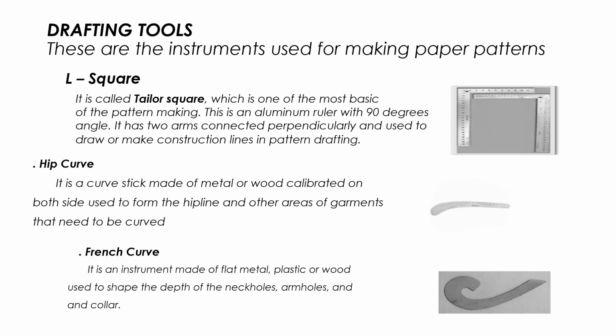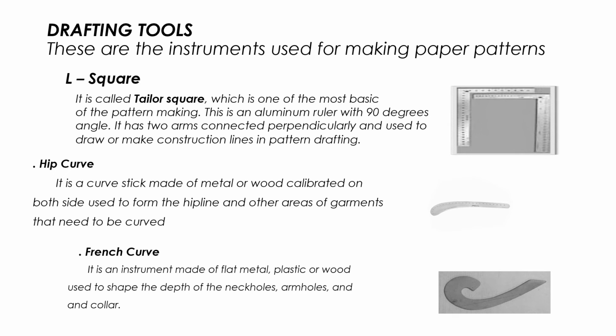Drafting tools. These are the instruments used for making paper patterns. We have the L square, the hip curve, and the French curve. The L square is called tailor's square, which is one of the most basic tools of pattern making. This is an aluminum ruler with a 90 degree angle. It has two arms connected